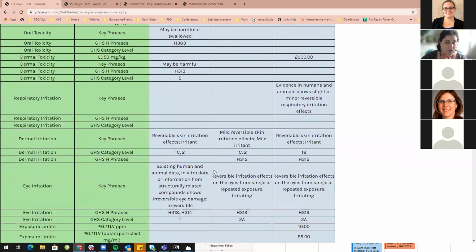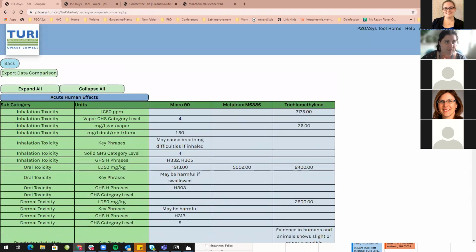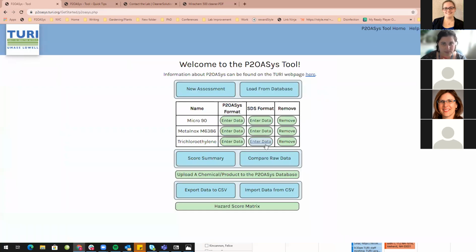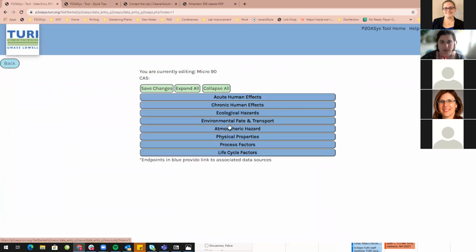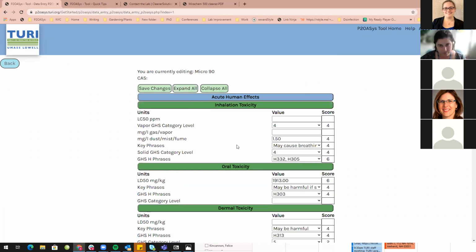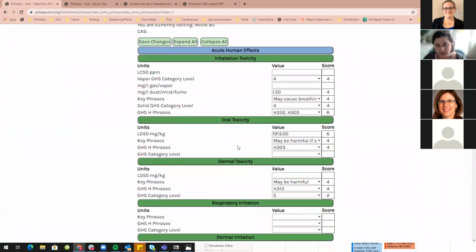So that could be helpful too for printing out. One thing that we plan on adding to the update that's coming up soon is when you're hitting enter data, it's important to log at least what specific chemistry you're utilizing for your worst case scenario, especially with a product. And when you're assessing and putting in a numerical value, we are adding a section right here, which will be